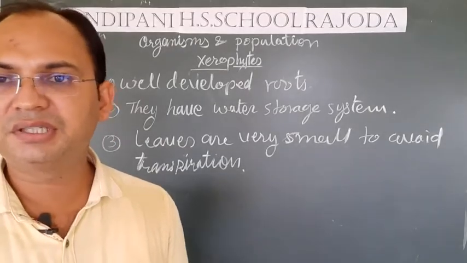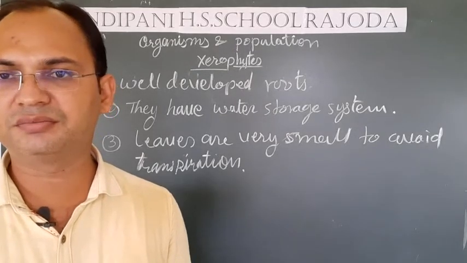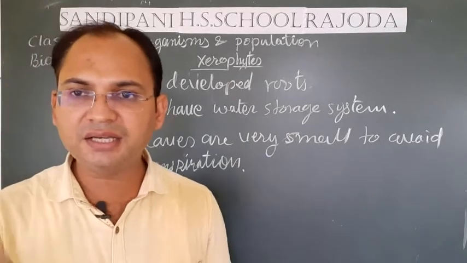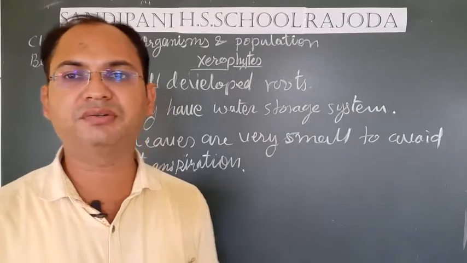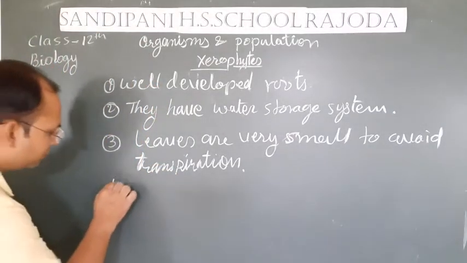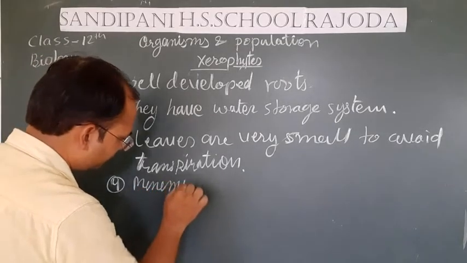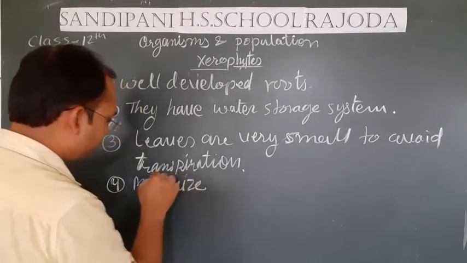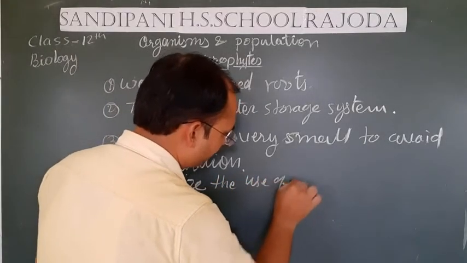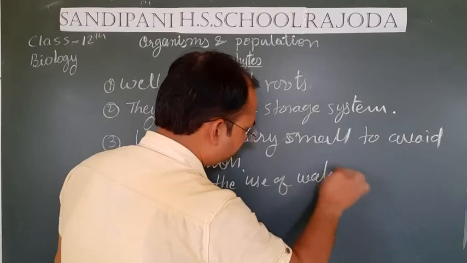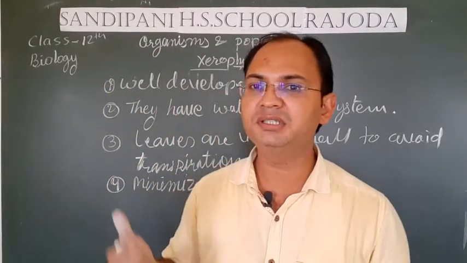Next adaptation that is found in these plants is to suppress the high use of water. They do not use a high amount of water for their morphological activities, they use only a little amount of water. The fourth one is to minimize the use of water. So these are the general adaptive features of the